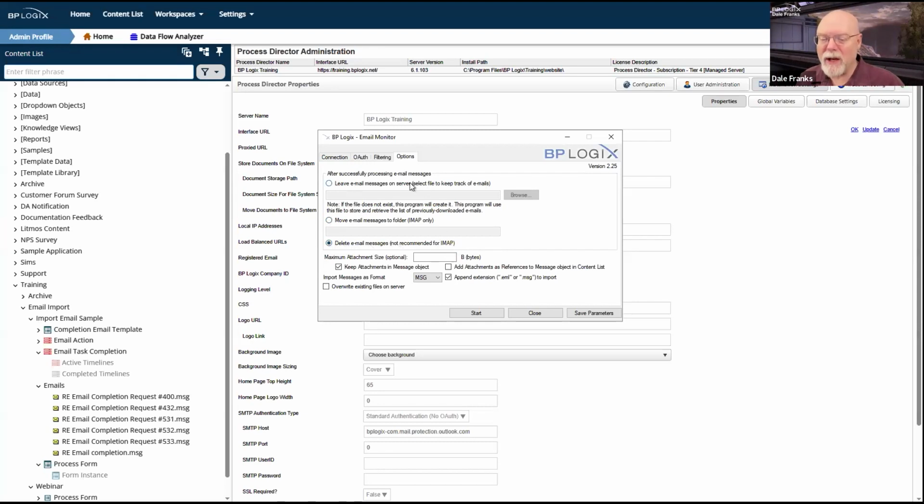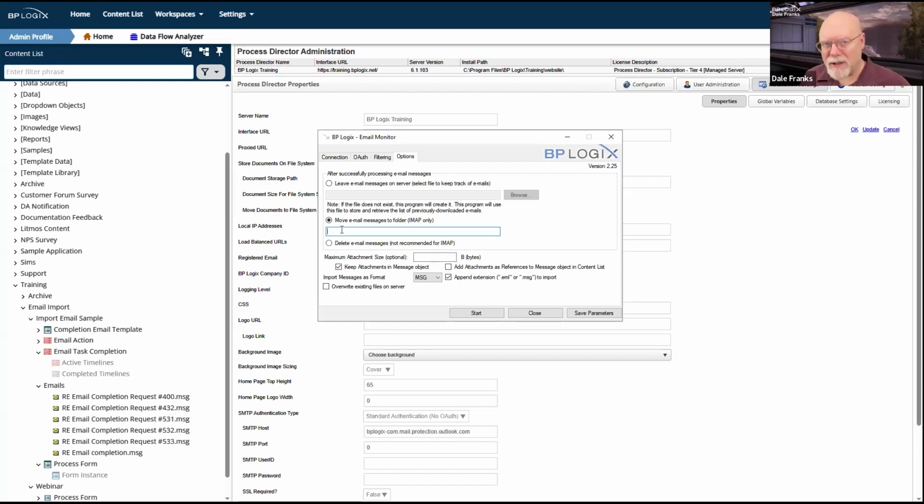I would do it anyway just to keep my size down, but I'm not going to get into email system management. That's not my bag, man. But we want to pull those emails off the server. I like deleting them, but if it's IMAP, you may just want to move them to a deleted items folder that you can manually delete, or in your IMAP system, periodically delete automatically using your email cleanup, inbox cleanup settings.